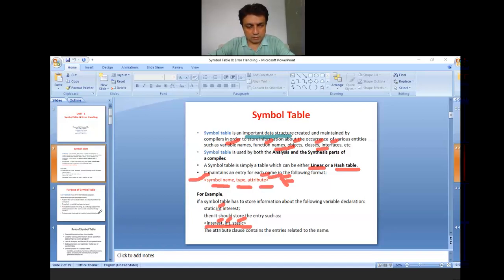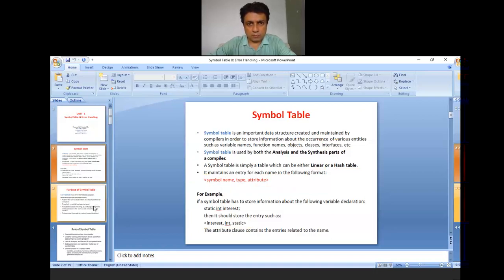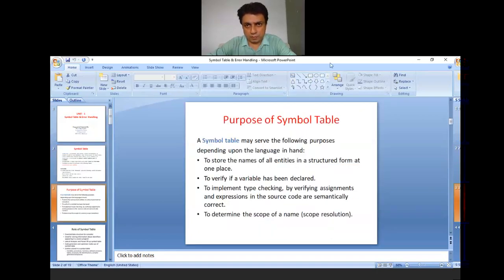Right. Now proceeding further. Now, what are the purposes of a symbol table? A symbol table will serve the following purposes. First, to store the name of all the entries in a structured form at one place.